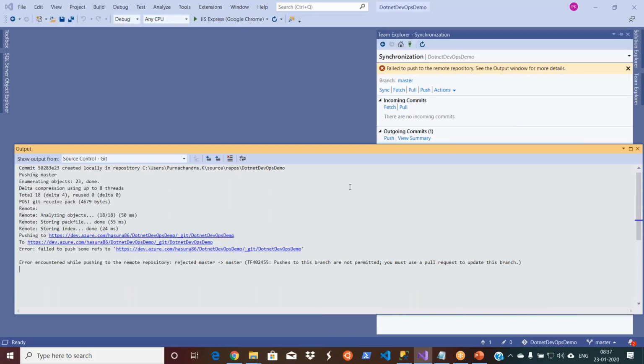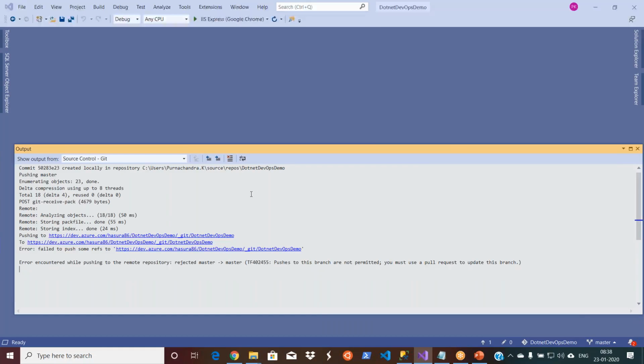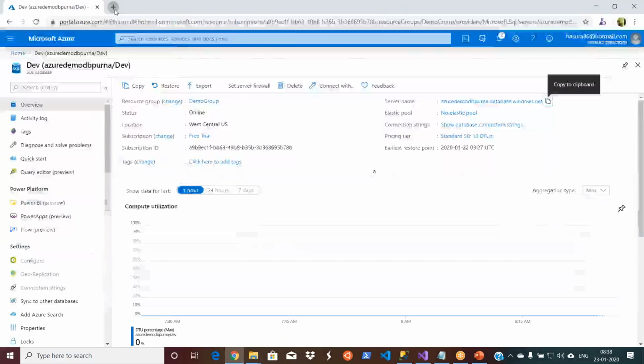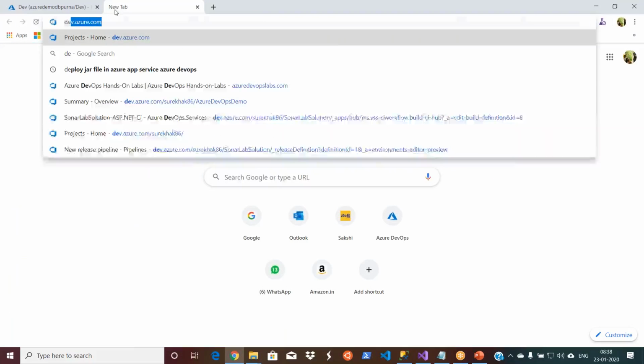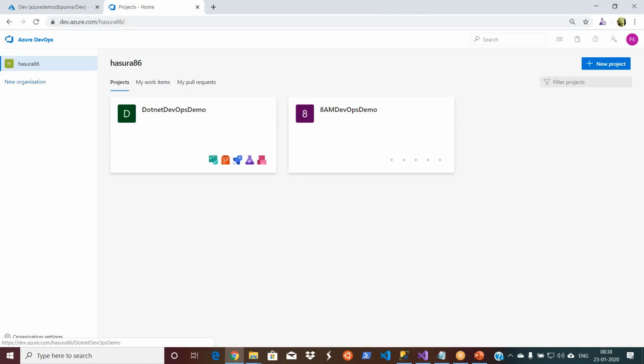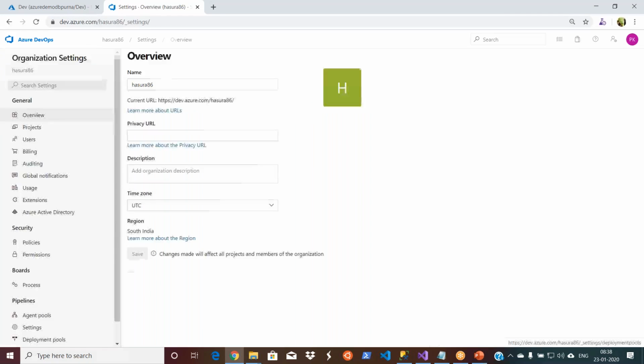What is it? Failed to push. Pushes to this branch are not permitted. Probably I need some branch policies somewhere. Let me go back, go to my DevOps. It is saying I'm not allowed to push my code because of some branch policy. So how can I make changes?